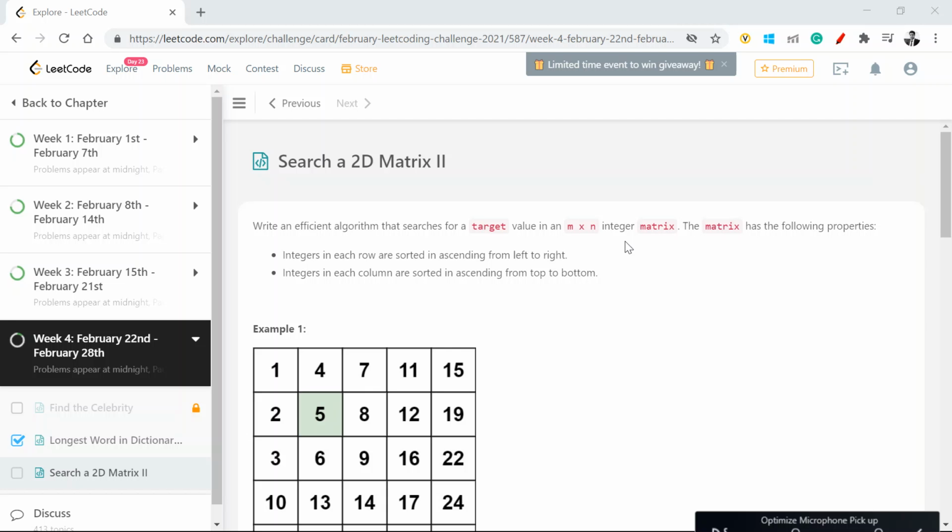Today we are looking at another LeetCode question, which is search a 2D matrix. This is being asked in February 4th week 2021. Now, what this question says is that we need to search for a target value in an m cross n integer matrix. And the matrix follows the following properties. Integers in rows are sorted in ascending order from left to right, and integers in each column are sorted ascending